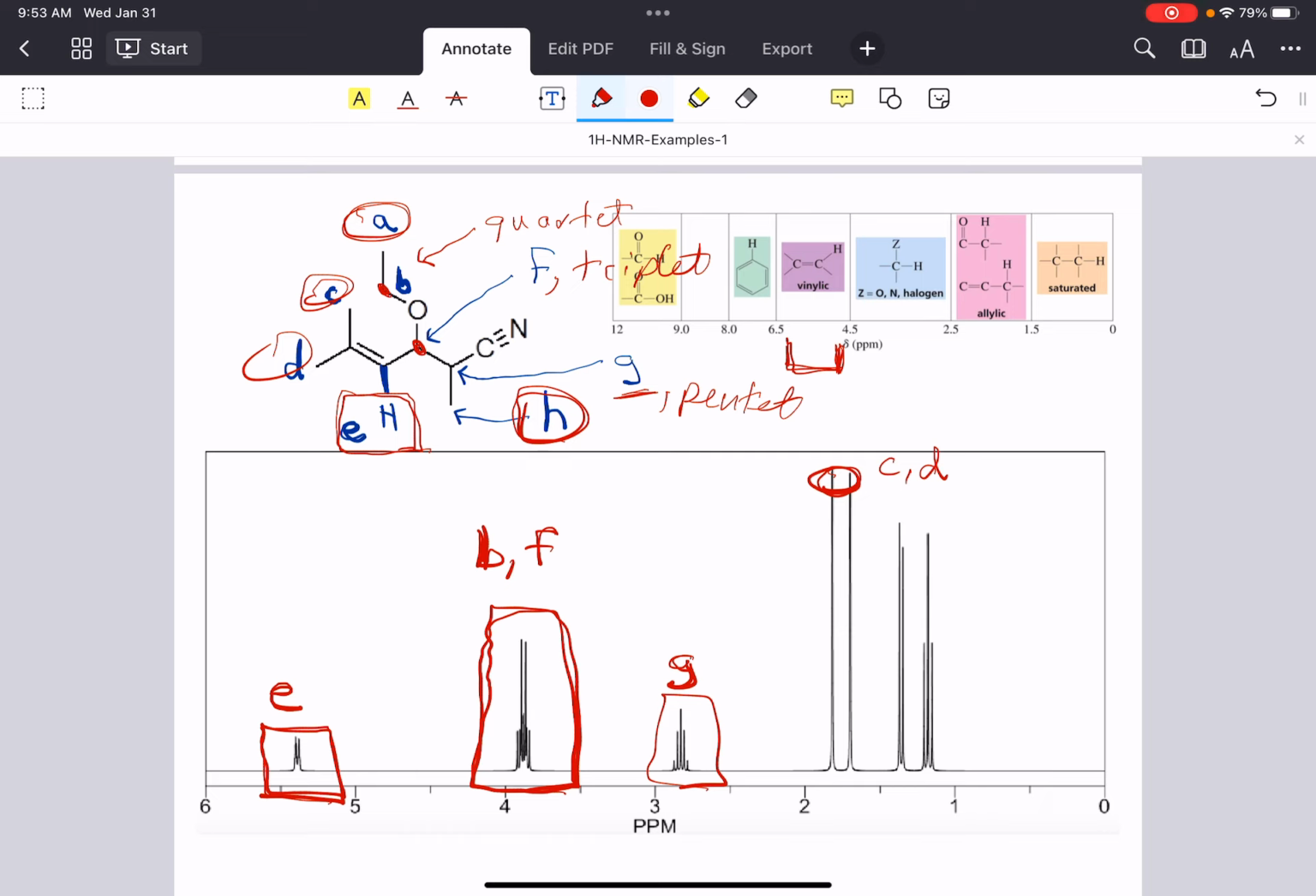Now what we have left is a doublet and a triplet. We can assign the triplet to signal A because A has 2 chemical neighbors on B. And so that triplet corresponds to A, and then by process of elimination we have H here, and it makes sense that H is a doublet because it only has 1 chemical neighbor at G. All right, if we move on